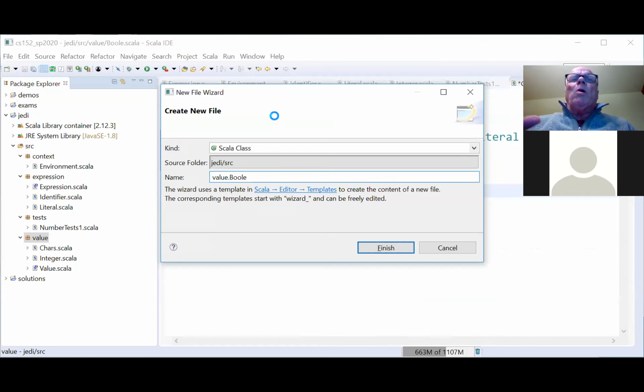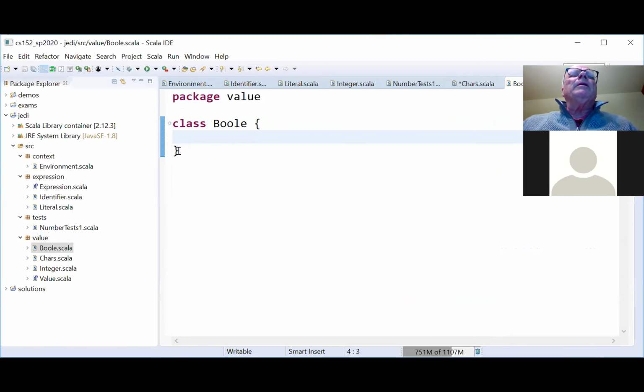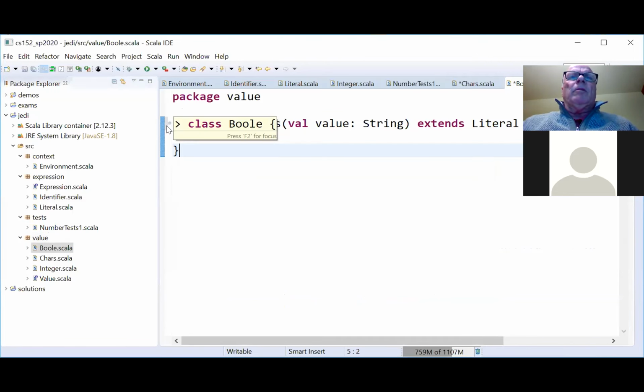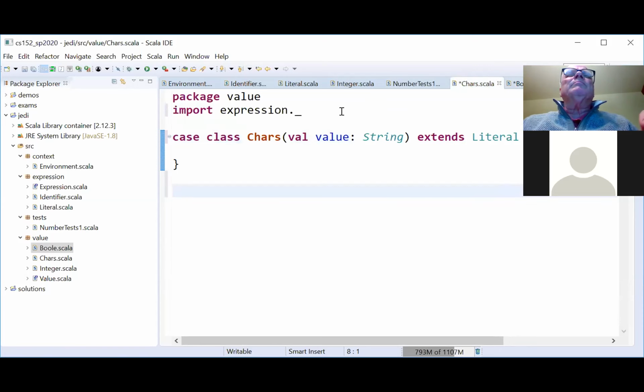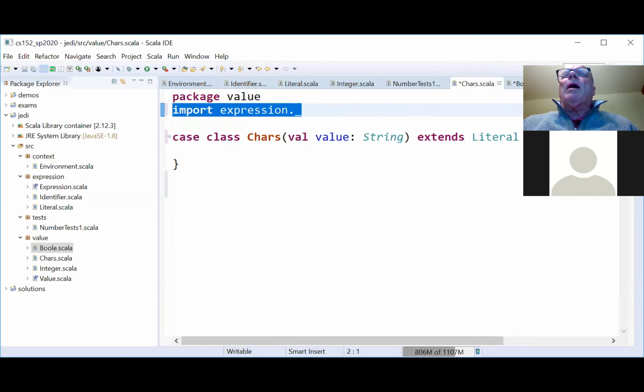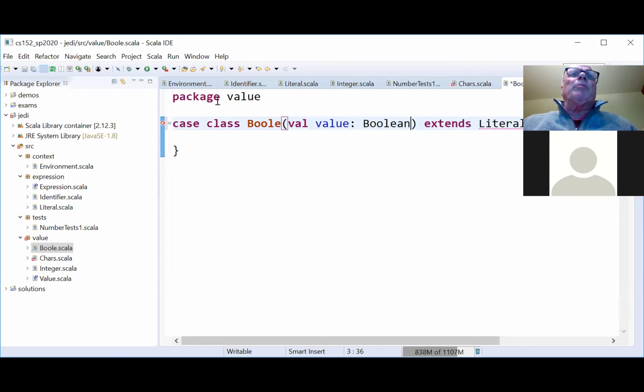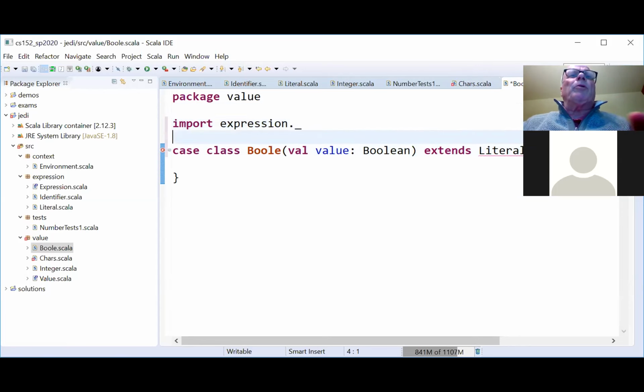I call mine bool rather than Boolean, just because it gets kind of confusing. So much copying of code that I do. That's the sign of a really lazy programmer. And in my book, a lazy programmer is a good programmer.